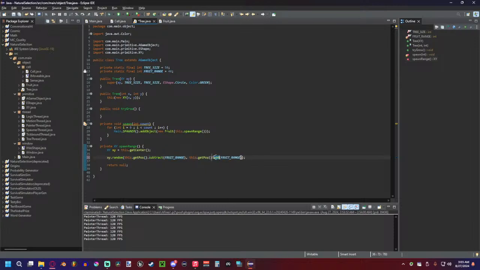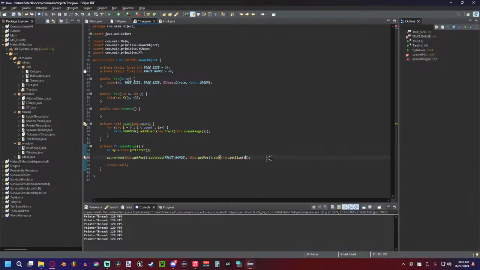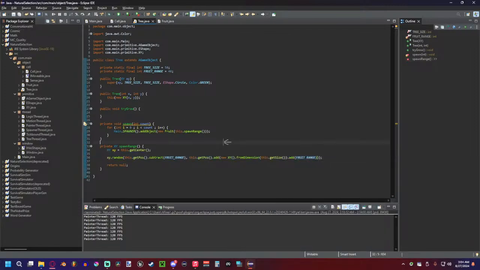Just add this dot get size dot add fruit range, return XY